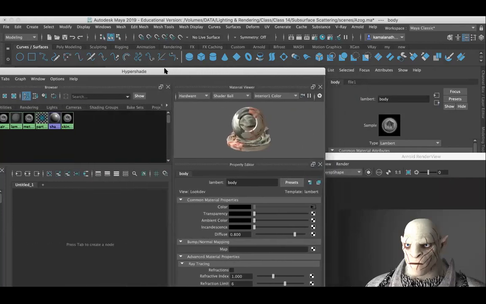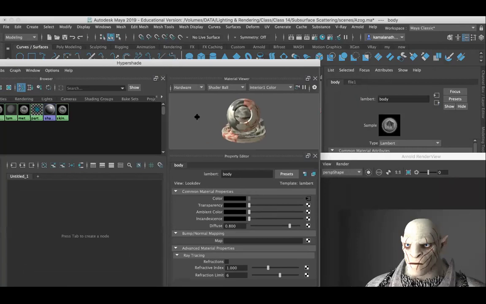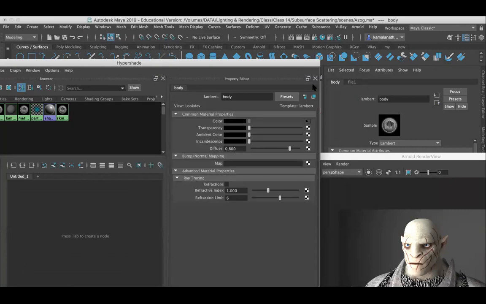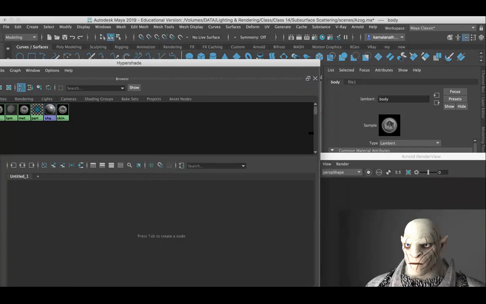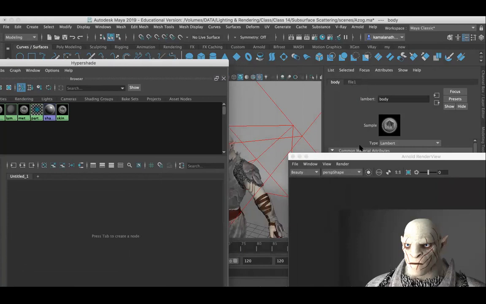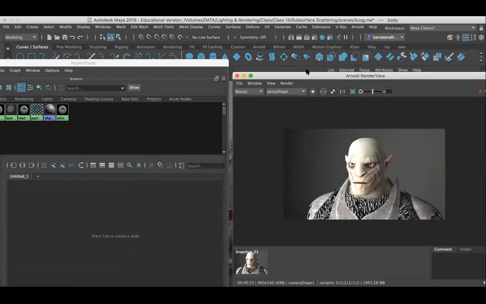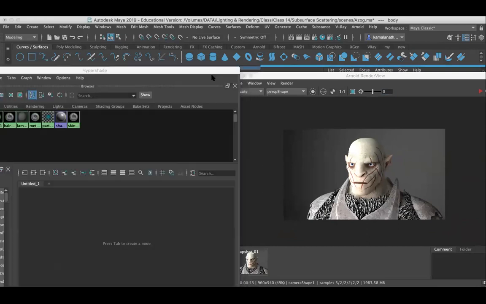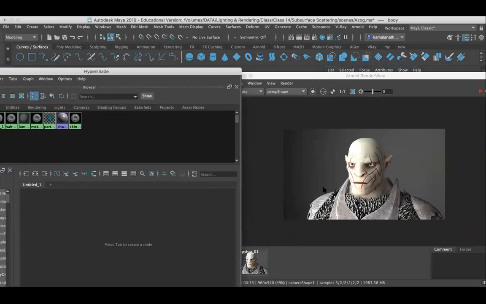Now I'm going to arrange a view, maybe you can close this up, so that you can see both the Hypershade and the render view. Now I'm going to hit Tab on the keyboard and then type AI Standard Surface.